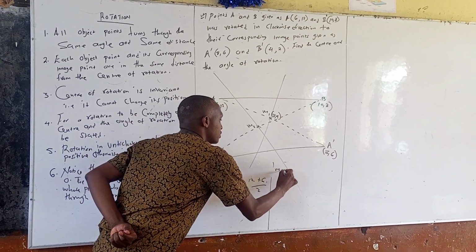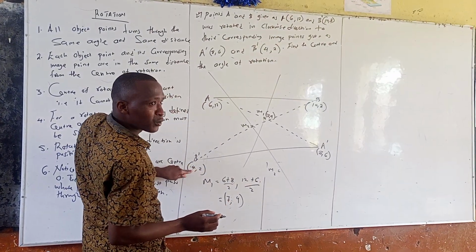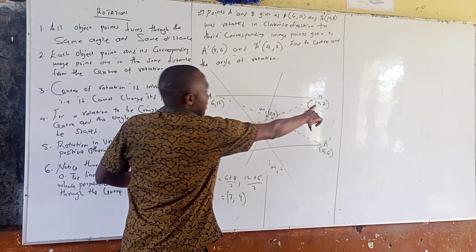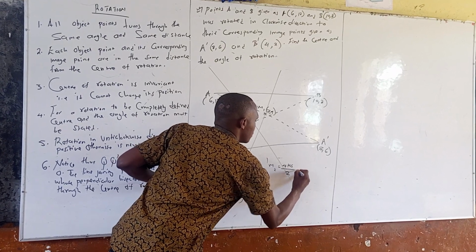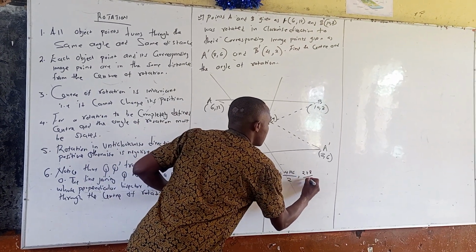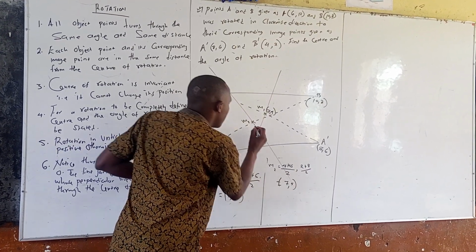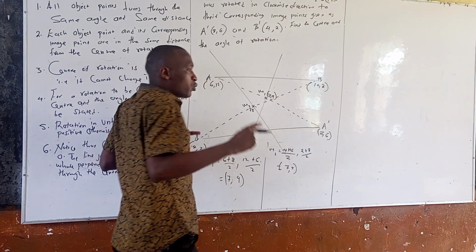M2 will be x1. No. X1 is 4. Both, we are looking for M2. 4 plus 10 over 2. And then next is 2 plus 8 over 2. So in this case, I'm seeing this is 7. So the coordinates of this point again is what? 7, 5. So we were told that